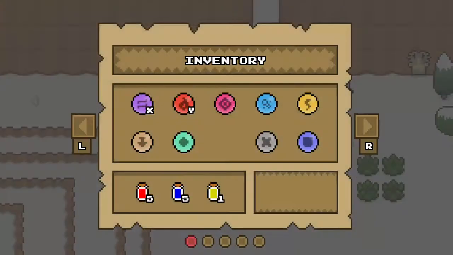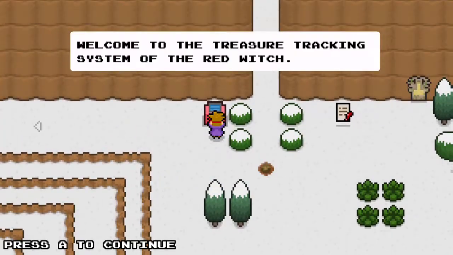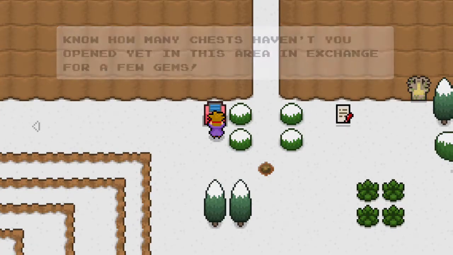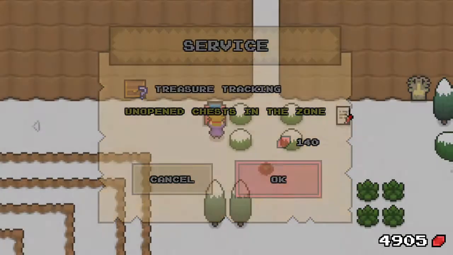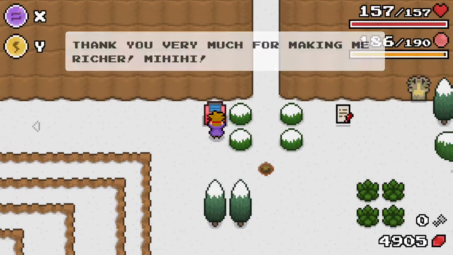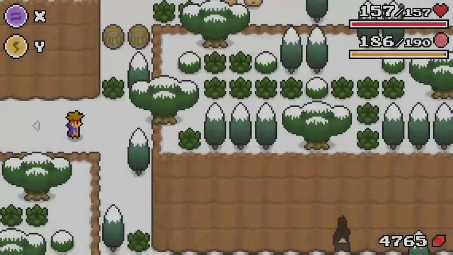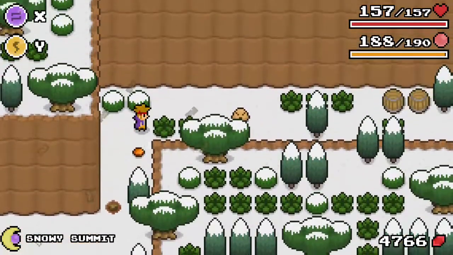Okay, let's see. We are now at the 6th dungeon once again, which is actually a very nice dungeon to be at, because it's not so much dungeon as it is Snowy Mountain Peak. But we're done here. That is everything with the mountain. Unless I have to come back for,